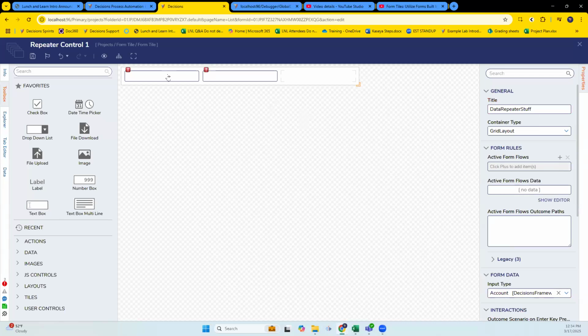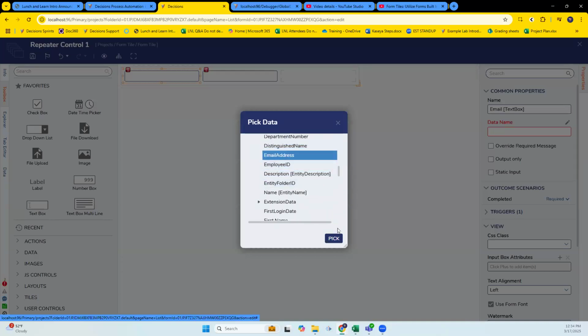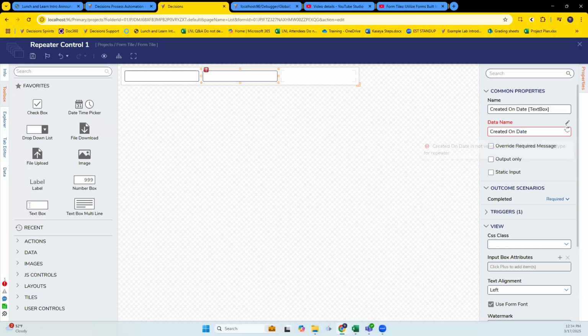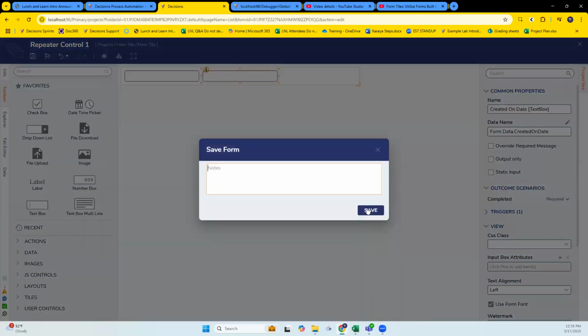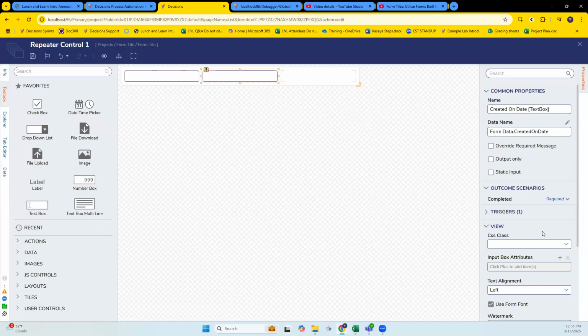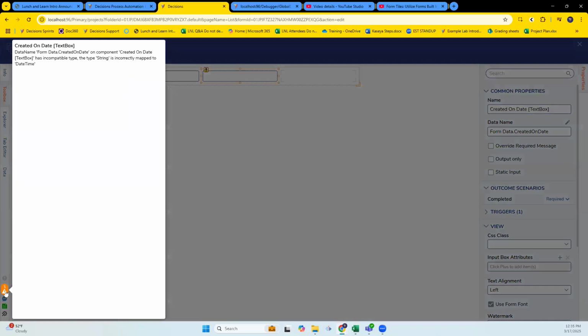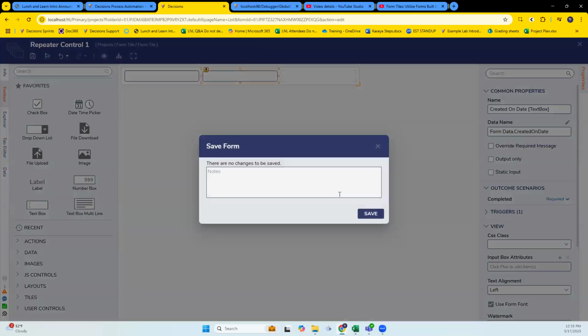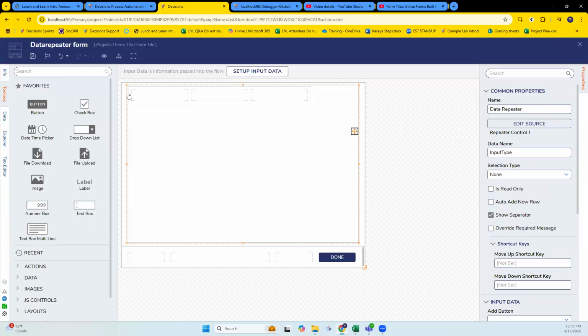No active form flows and that stuff. First one's email address. Second one will be created on date. It's giving me a warning about some date time type stuff. Just see if it loads.